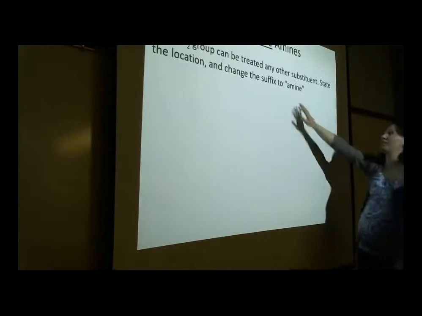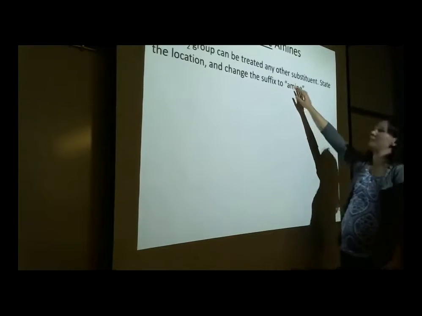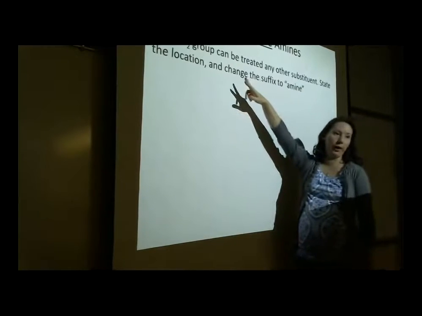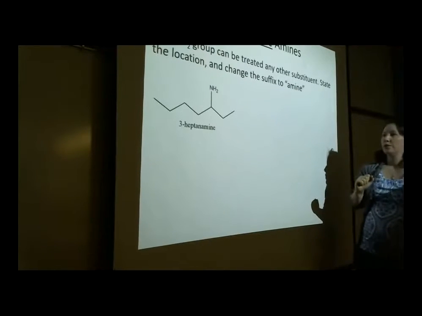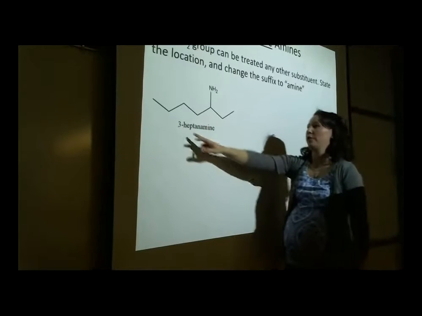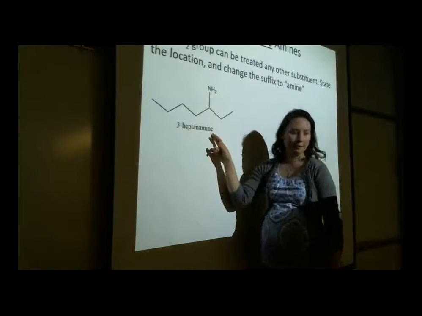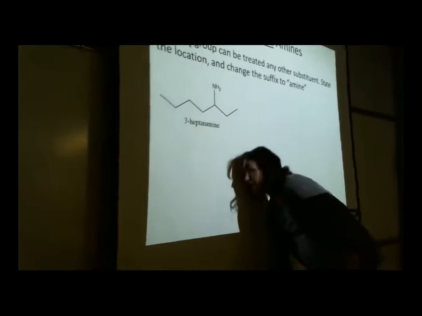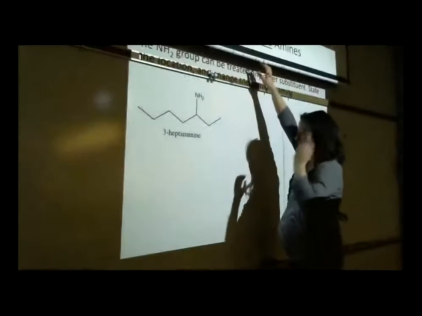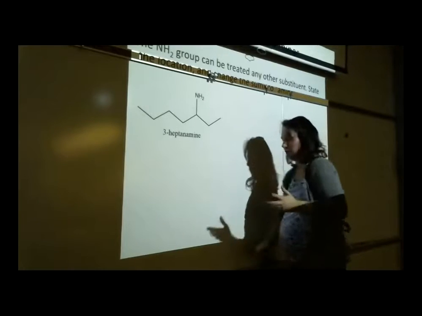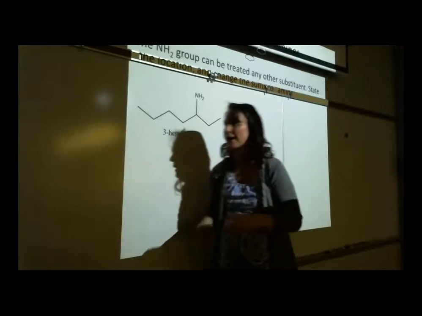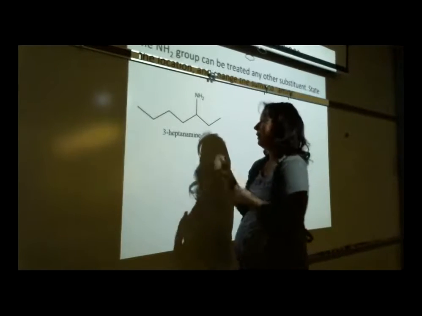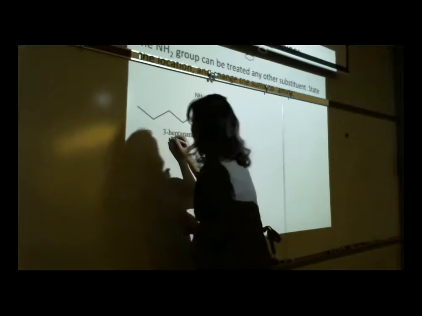And then we're going to change the suffix to amine, but we also need to state where that NH2 is located, okay? So for instance, this would be 3-heptanamine. Now again, remember when we talked about splitting up the suffix a couple lectures ago when we were talking about alkenes and alkynes? Remember I said you could split it up. You could also name this